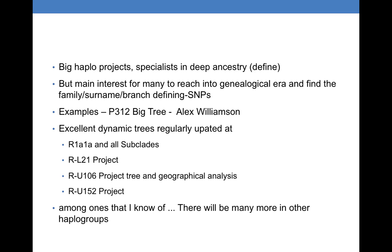Since I'm in haplogroup R, I know more about some of the big sub-haplogroups within R, and I know that these four in particular have very active administrators who are developing dynamic trees for their group. When I say dynamic, I mean that they are updating them regularly as more tests are done, as new data comes in. They're building more structure, more refinement into their trees. They're very active. I'm going to show you some examples from one of these, which is the P312 Big Tree,